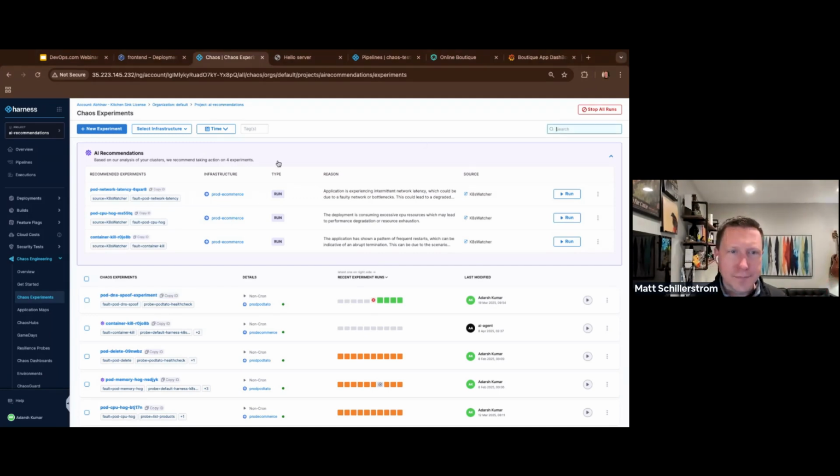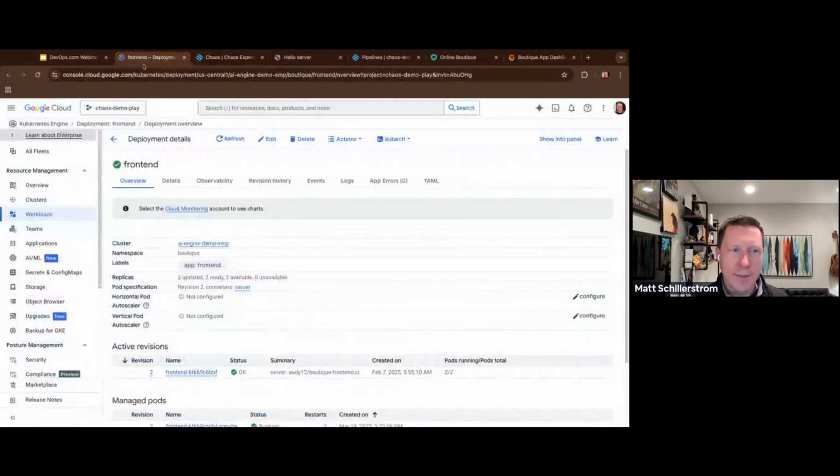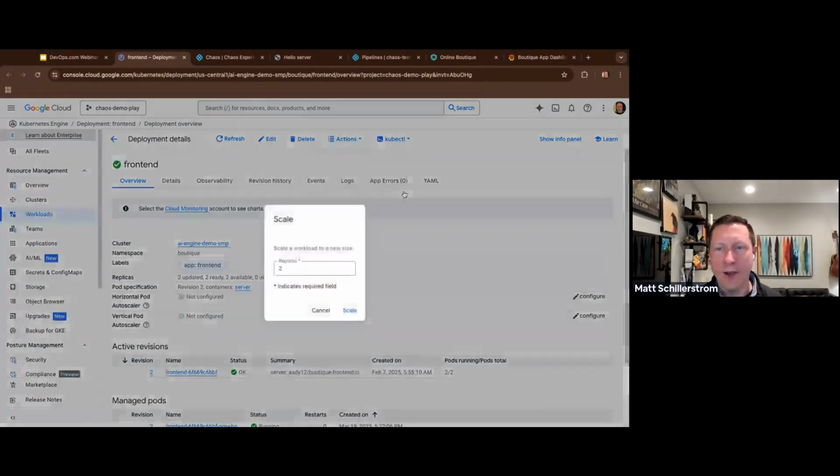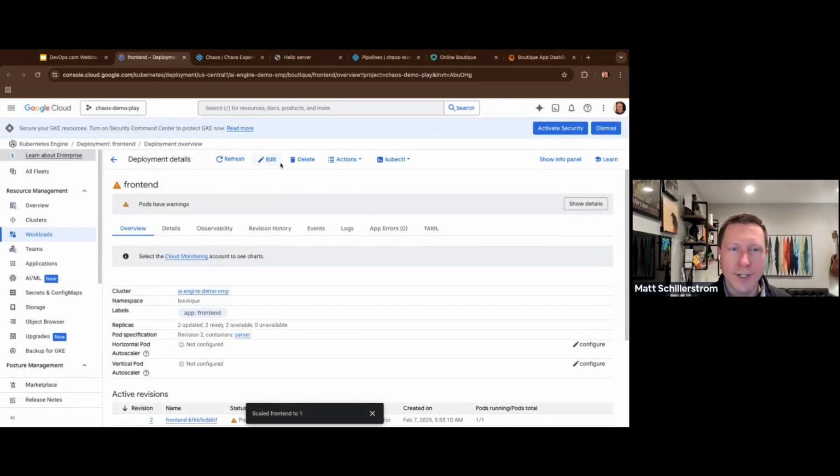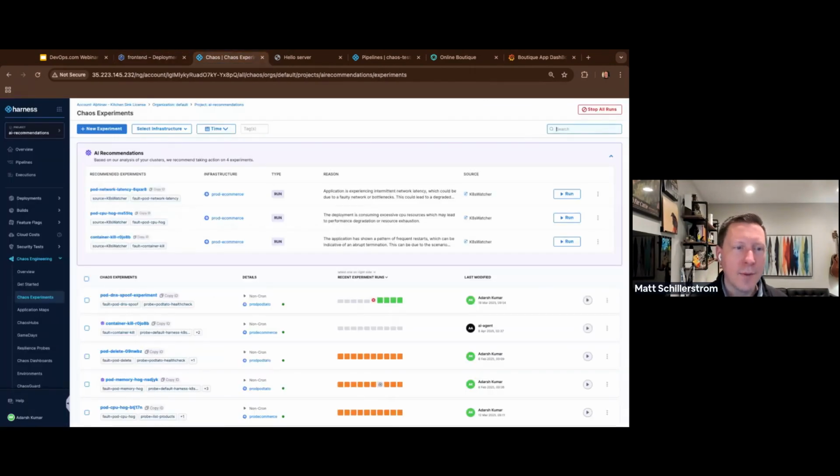And one part of the demo that I'll showcase here: I'm going into my Google console, and I'm going to scale this down to 1 replica instead of 2. And this Kubernetes watcher agent will see that, right? And as I do this, I'll actually see, oh, there we go already, some experiments